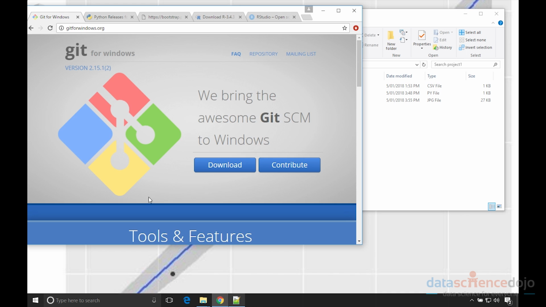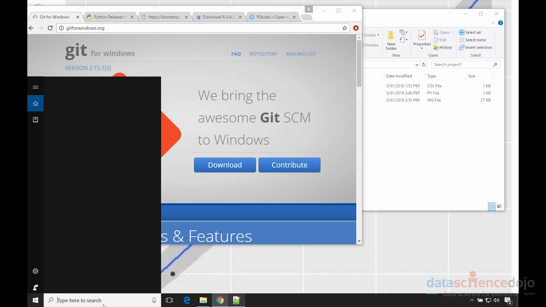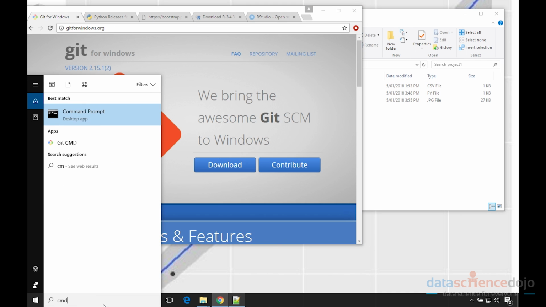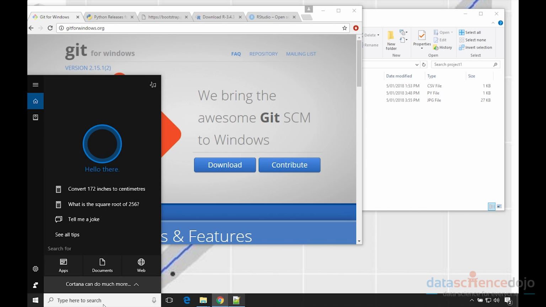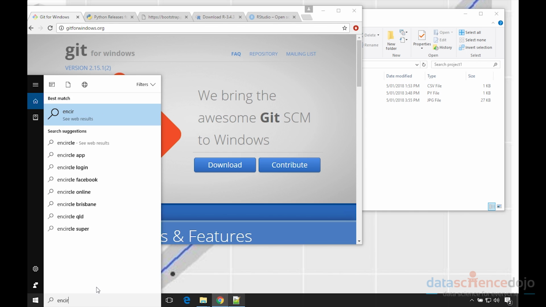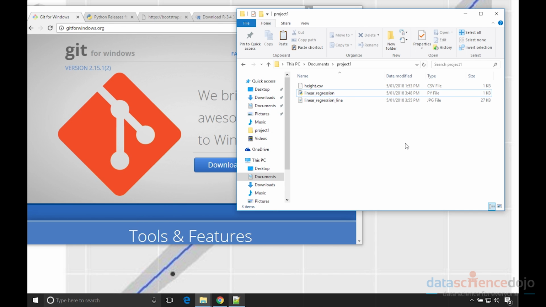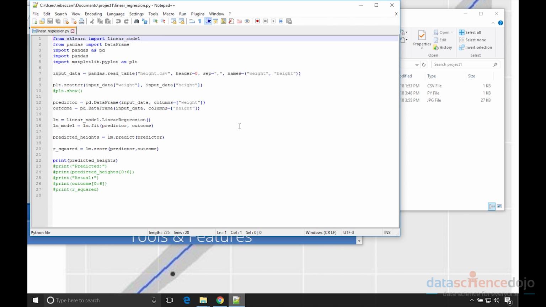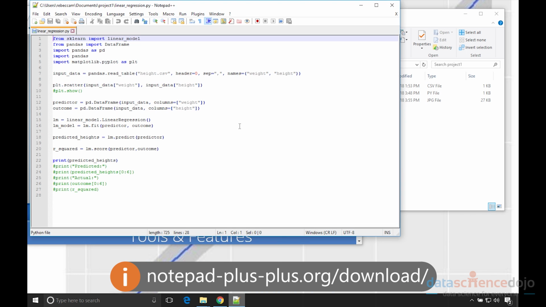Alternatively, for Windows, you can use the default command prompt by searching cmd. You can also set your local path by searching environment variables and setting your path there. Here's an example of a Python script saved in my Documents Project 1 folder. Using a text editor of my choice, such as Notepad++, to write my Python code,